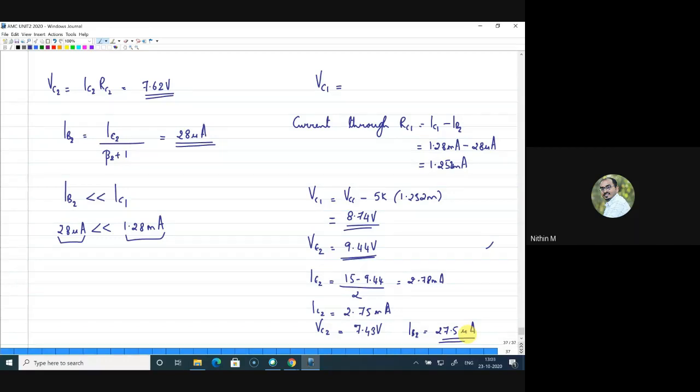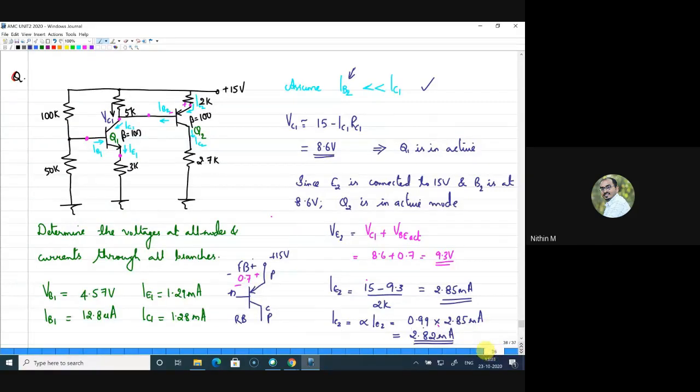Is that clear? Now, I don't know how many of you are thinking why we have to repeat this calculation again. If a circuit of this kind is given, where you cannot do anything else rather than starting with this, whenever a circuit is given, you first consider only the first part and evaluate all the voltages. Since the base current is flowing here, you can go ahead with an assumption that this base current will be much smaller than the collector current. That is in fact true, because one is in micro and another one is in milli, right? So with that assumption, I can start and proceed.